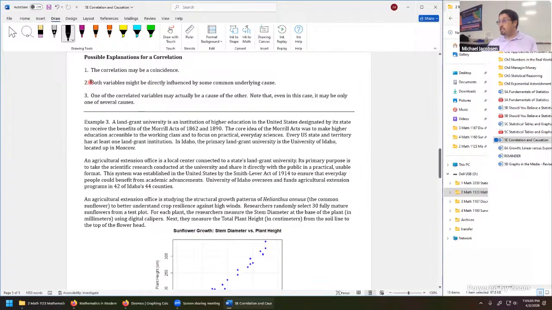Another explanation for correlation is both variables might be directly influenced by some common underlying cause, meaning there might be something underlying the variables that's influencing them both. There could be, say, a lurking variable influencing the others. So if we think back on example one,